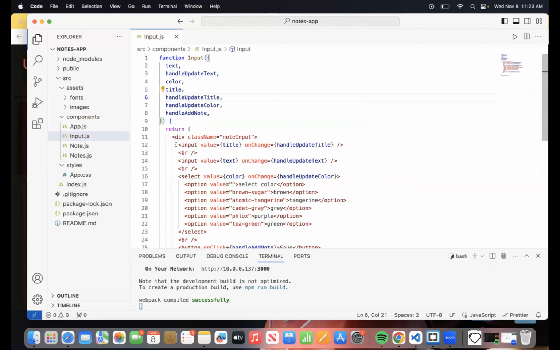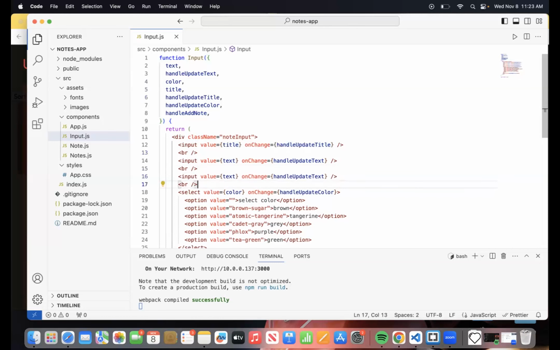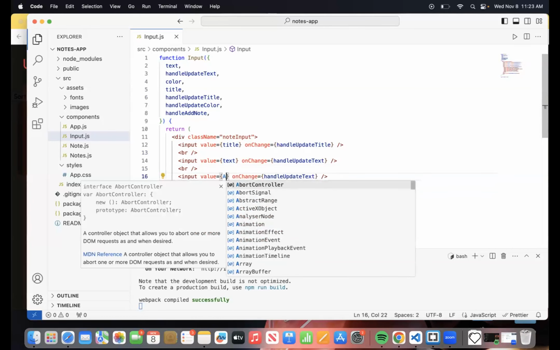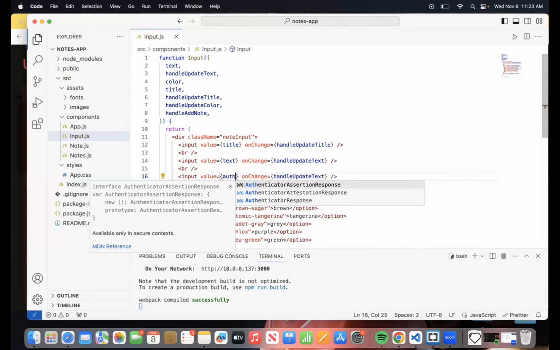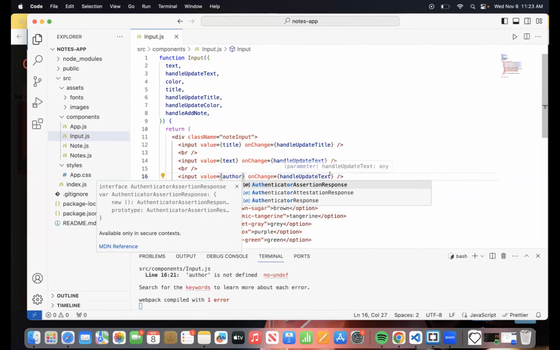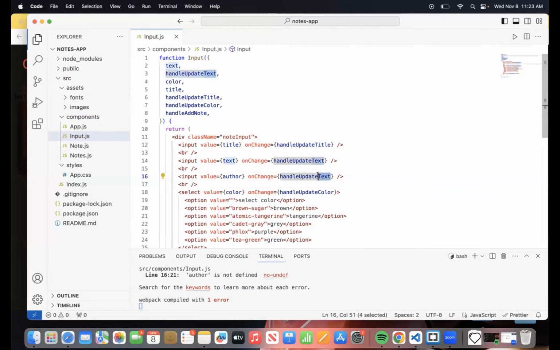One more thing that we need is probably author, right? So let me put author after this and change this to, no, not capital, author, and handleUpdateAuthor. Okay, I'm going to do the same over here.